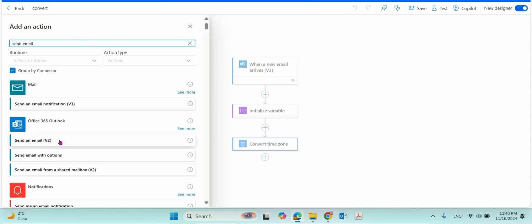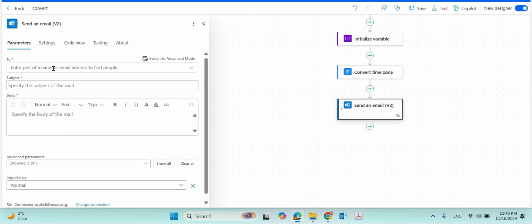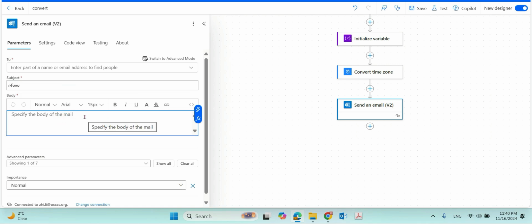Send an email to another person. Okay, so I want to fill in the To for now, and the subject I can do any subject, and from here I want to show the